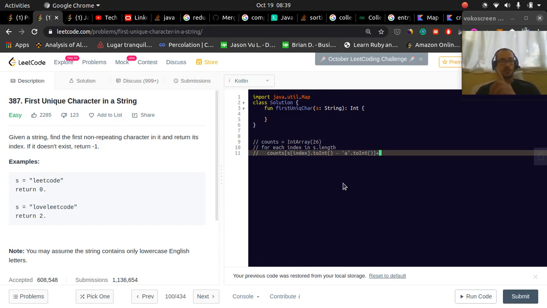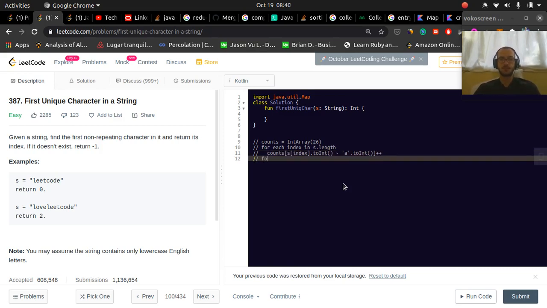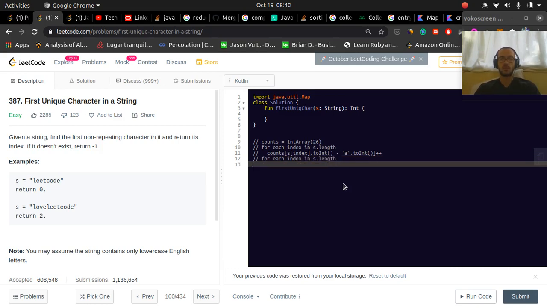So L is going to be plus 1, E is going to be plus 1, E is going to be plus 2, T is going to be plus 1. So we're just going to go through each letter in the word and increment that corresponding spot in our counts array. Once we do that, we can go back through our list or our string, and we're going to return the first instance where the count is only 1. So if counts of s,